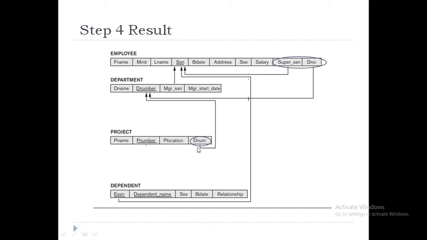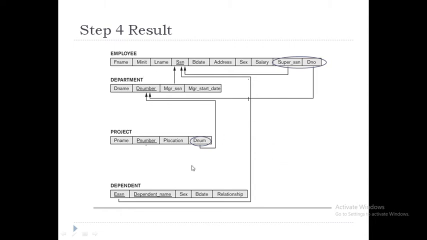Always remember when you are showing the foreign key reference, when you show the referential integrity constraint in the schema diagram, the arrow must point to the primary key of the referenced relation. So this is referring and this is the referenced relation. In the referenced relation, you have the primary key, right? So it has to point to that primary key, not in the reverse way.